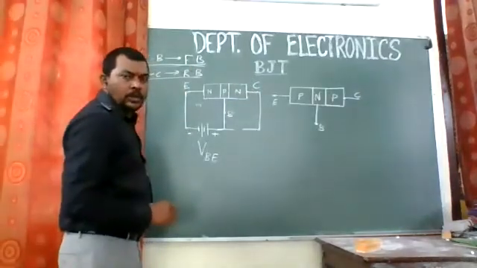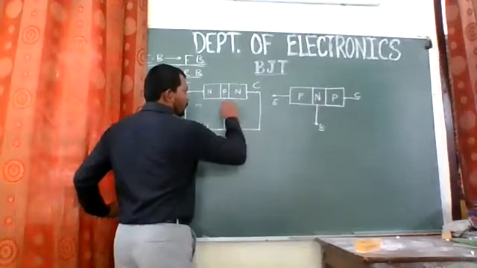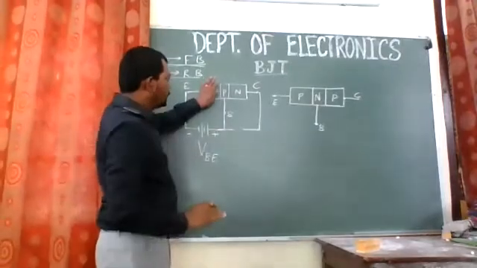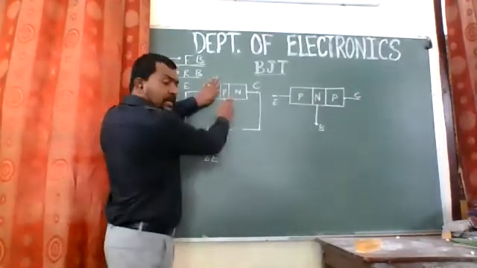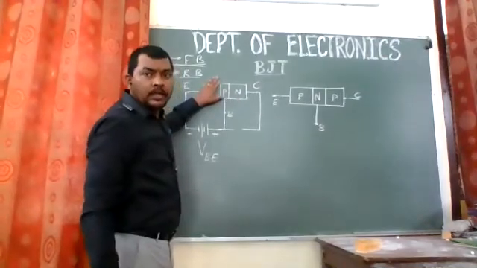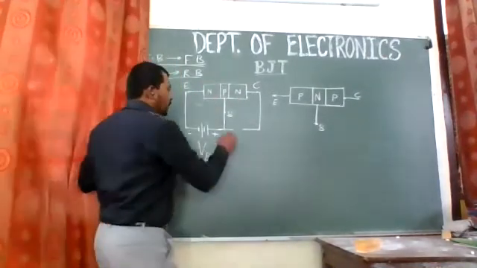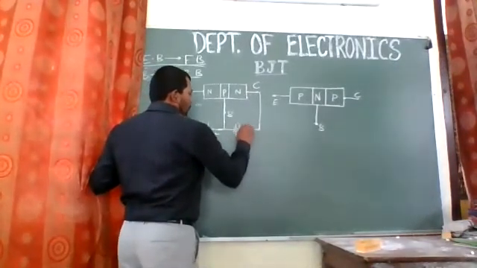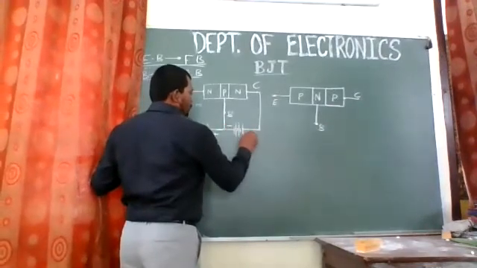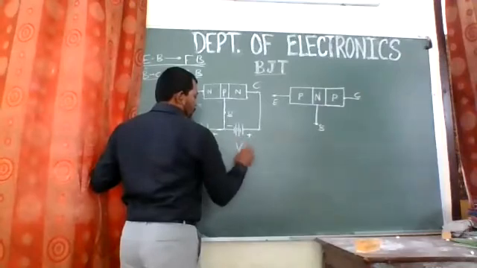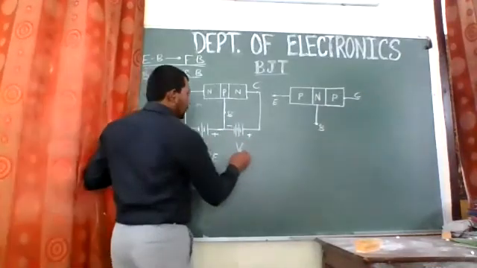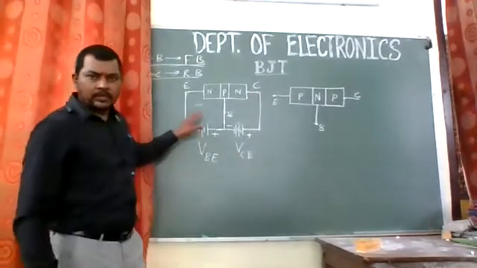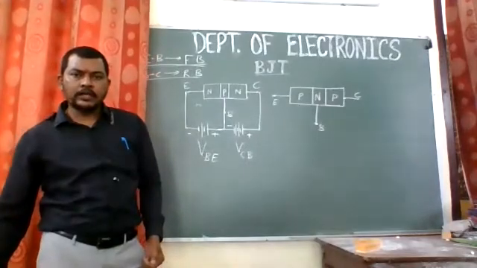Now how are you going to connect this? This is P and N again. If I just mask it, this is again a PN junction diode, and this PN junction should be reverse bias. To connect it in reverse bias, we need to use the reverse polarity. So this should be negative and this should be positive. The battery source can be named VCB, the collector base voltage.